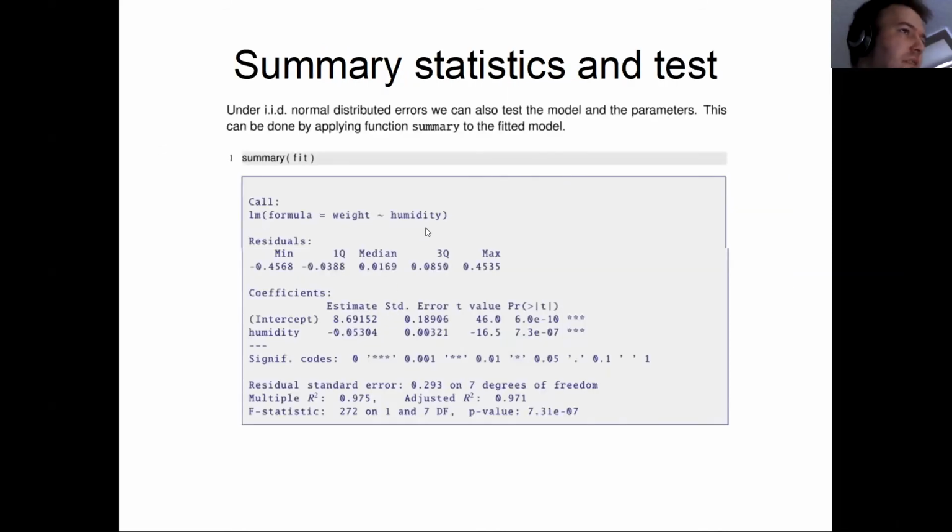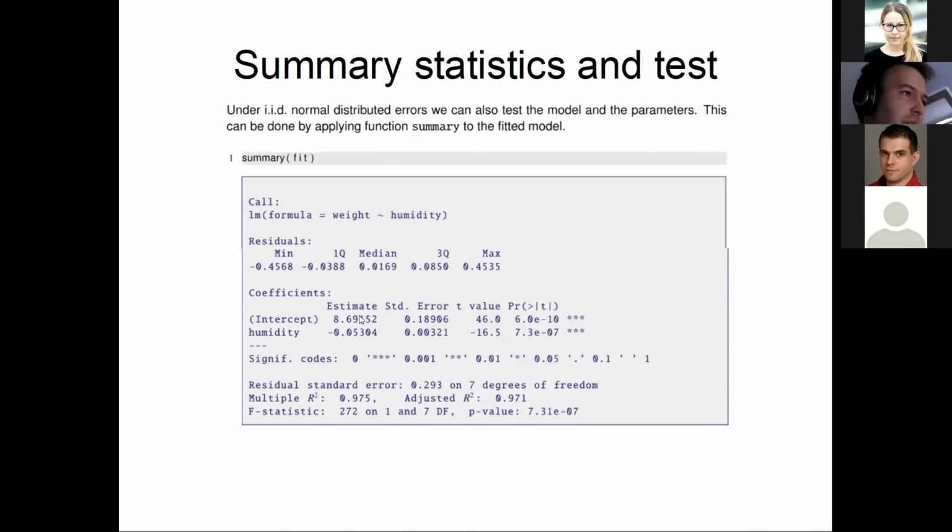This is again for the statisticians among you, we can do a so-called summary of the fit. Then we can also see the residuals. We can again see the estimate for the beta 0 and the beta 1 here. And we have also performed some significance tests here, so we can see which variable is statistically significant. We have the adjusted R squared here. The adjusted R squared basically gives us the amount of variance that is explained by our model.